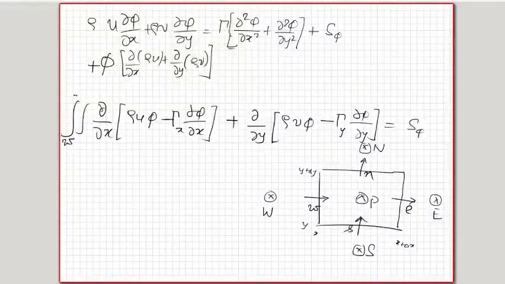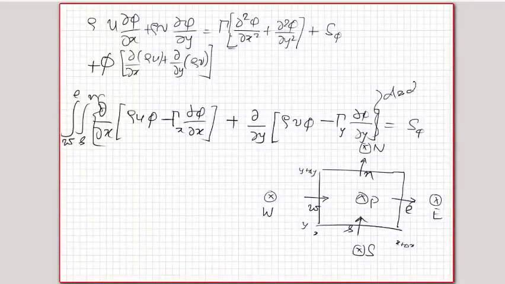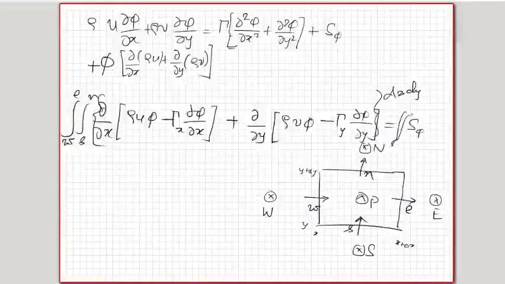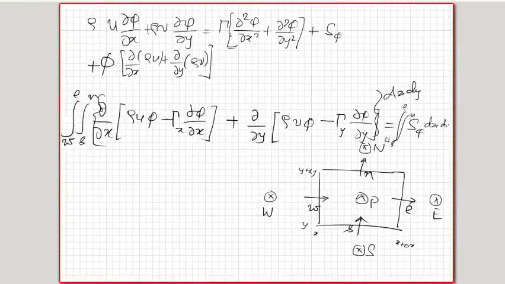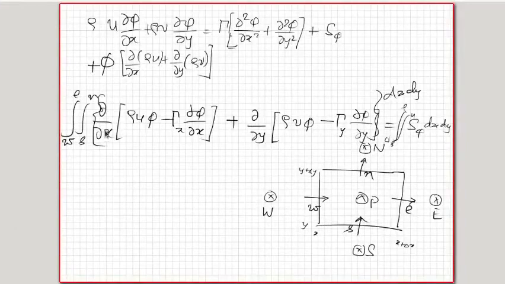West to east and south to north, and this whole thing will be integrated with respect to dx dy, and this will be integral of these again, south to north and west to east of dx dy. Okay, so if I do the integration properly, since del by del x dx would get cancelled, so the delta y